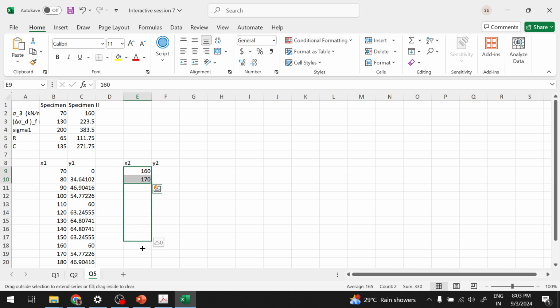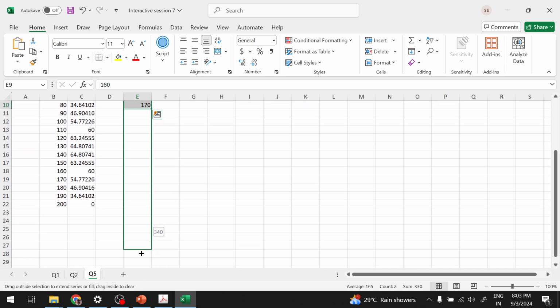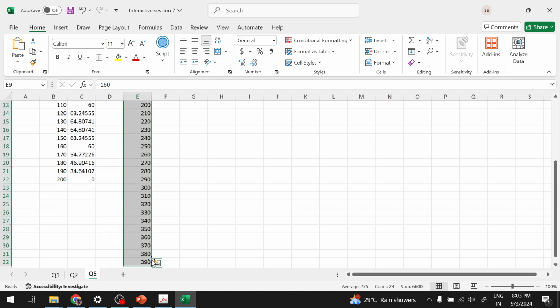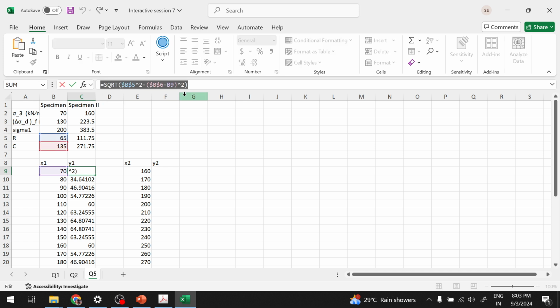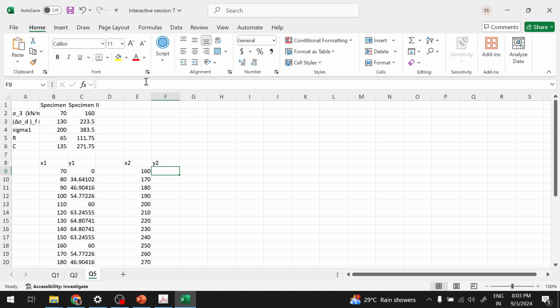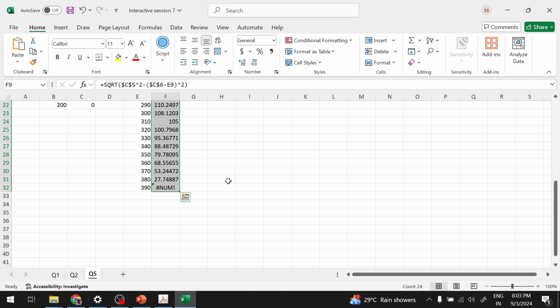I'll take this from sigma 1 to 390, sigma 3 to sigma 1, 350, 360, 70, 80, 90. Okay, and the value will be, let me copy this, but instead of this radius, this and this. Okay,